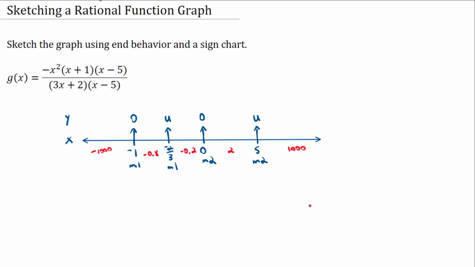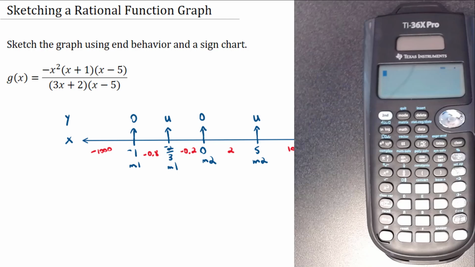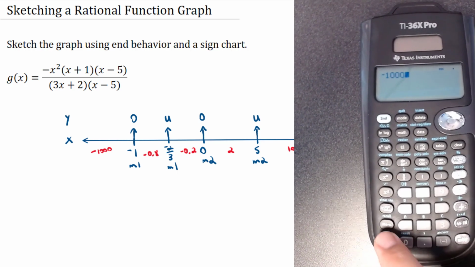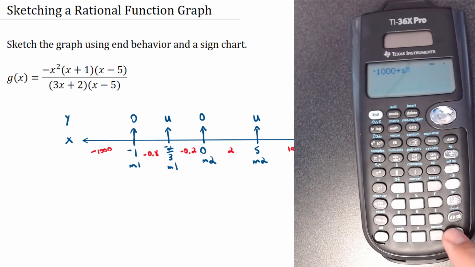Okay, so we also need to investigate what happens near the critical values where the function is undefined. We have to see what happens. Even though x can't be negative 2/3, it can be really close. So we're going to use the calculator to investigate that as well. So let's start with our left end behavior. The first thing I want to do is store negative 1,000 for the x variable on my calculator,